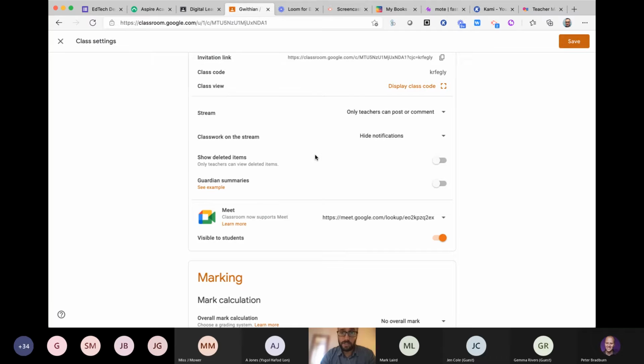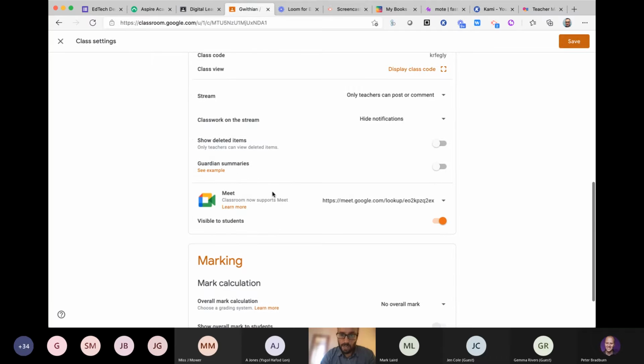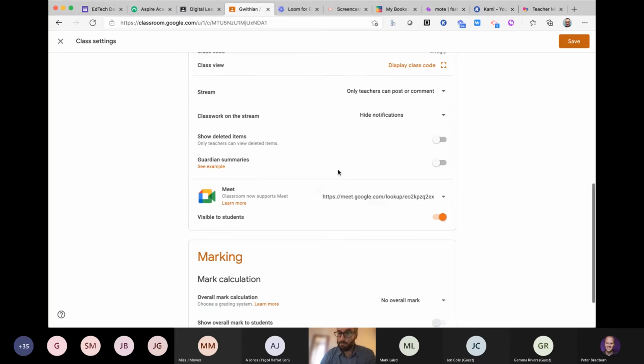You'll also notice in the settings that you've got a Google Meet option, and you can activate that, and then that means that you've got a link within your Google Classroom which goes directly to Google Meet. So if you have any live meetups scheduled, you can make it work like that. We're currently making things work in that respect. If I just save that, you'll see on the front here,